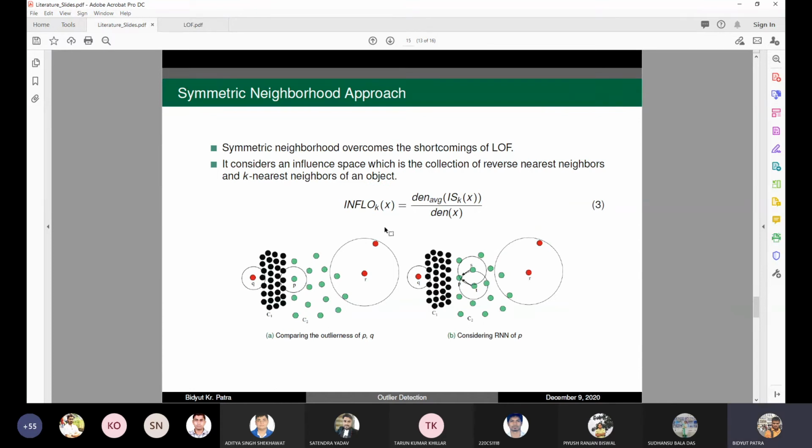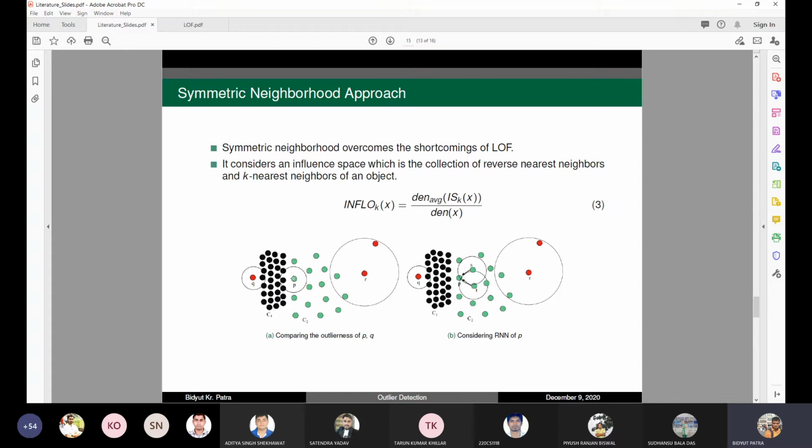So what is the great thing from the earlier work to here? Earlier, in LOF, they were taking only the k nearest neighbors of the concerned point, let's say point P. If you see the distance, P's k nearest neighbors will include these 3 points here, and none of the points from the same cluster, and the density of these points and the density of this point vary heavily. Therefore this point will be treated as the outlier.